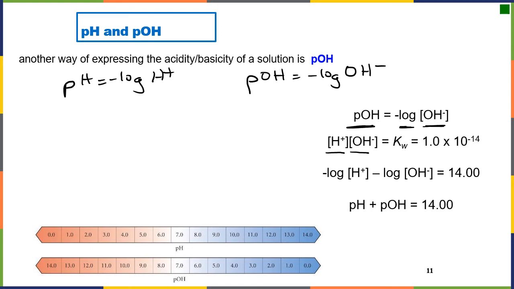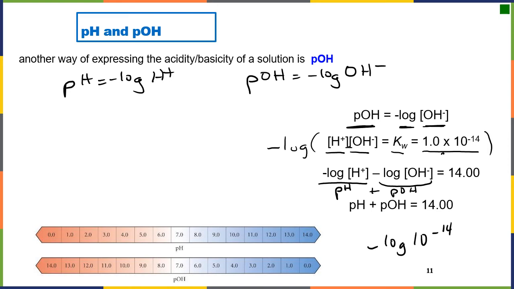that the concentration of H plus times OH minus is our ion product value for water, 1 times 10 to the minus 14. If we take the minus base 10 log of this entire equation, we're going to have the minus base 10 log of H plus, which is pH. If we're multiplying these together, that's an addition, so it's the minus base 10 log of OH minus, which is pOH, plus the minus base 10 log of 1 times 10 to the minus 14. And again, remember the log cancels the 10 if our value in front is a 1. And when it does that, we're going to have a value of 14,